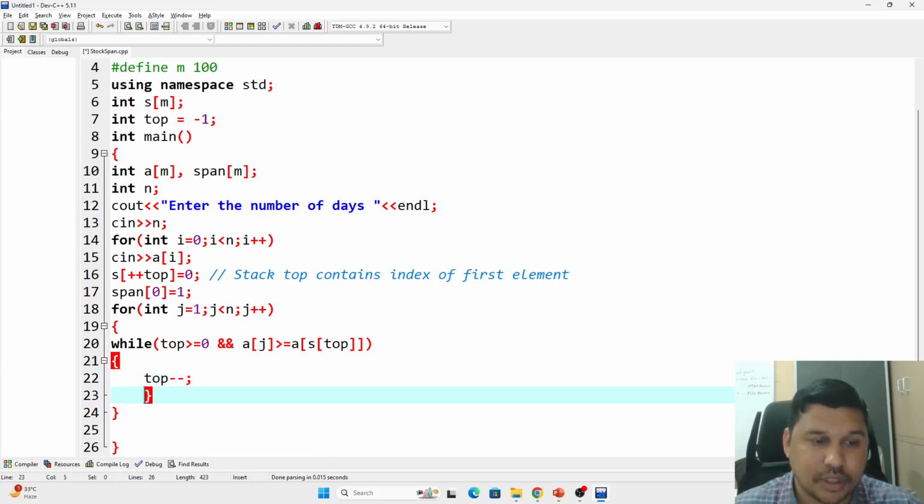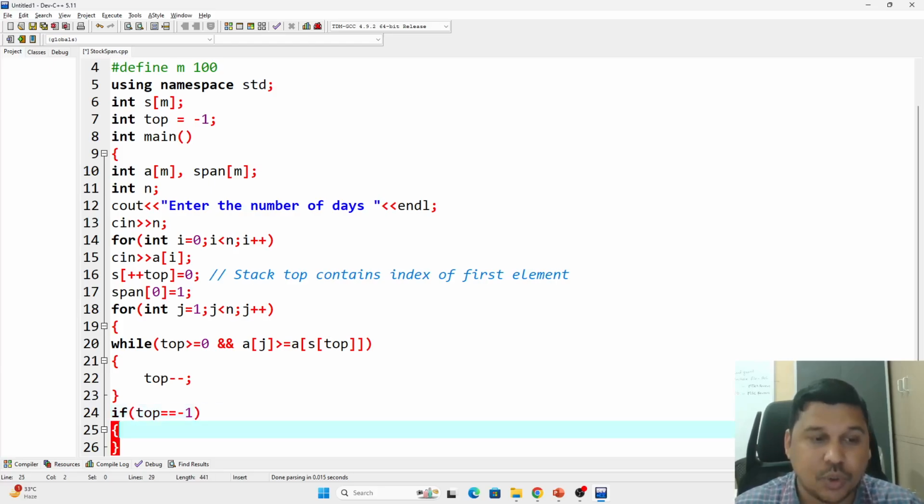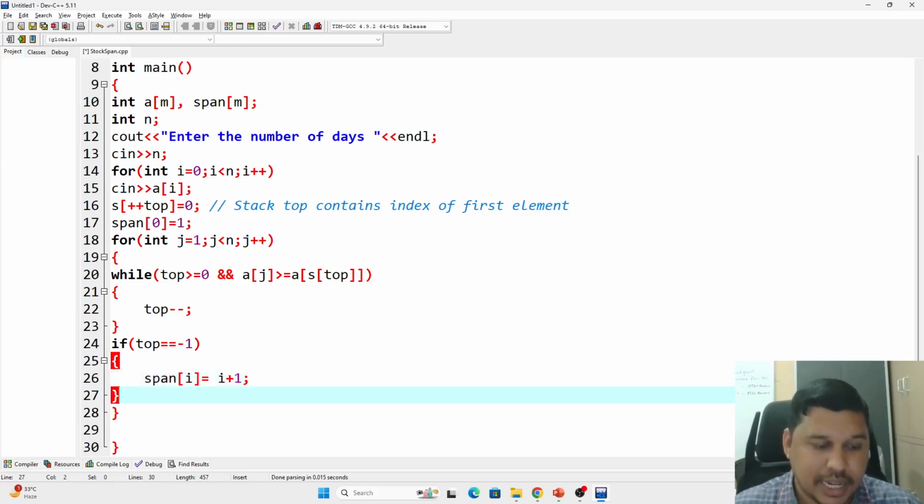Okay, so this while loop is over; this is for comparing. Now, if the top value is equal to -1, it means the stack is empty. Then what do I have to do? What should your span value be? Span of i will be current i plus 1 in that case. Else,